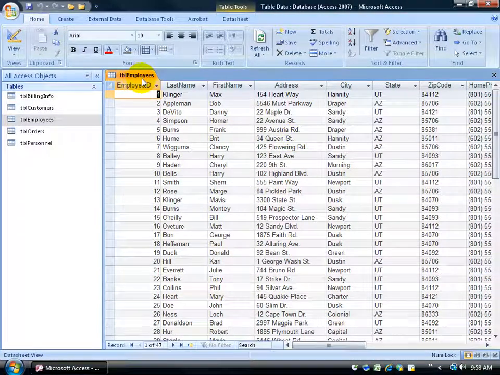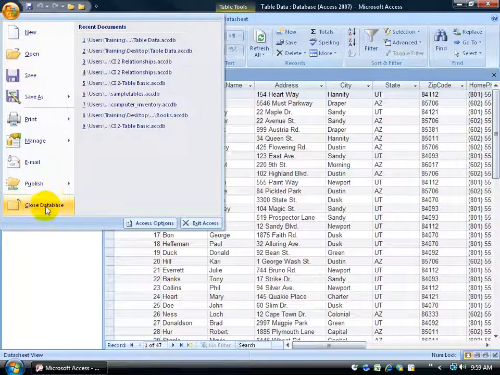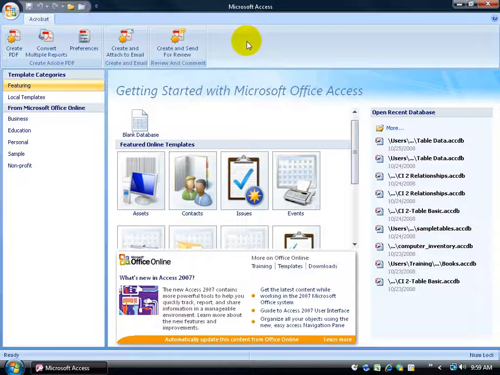I'm in the employees table right now in a new database. You can see up on the title bar it's the table data database. You know how to open and close databases, right? If I come up here and click on the Office logo button, come down and left click on Close Database, it leaves the shell of the program Microsoft Access open, but it closes the database itself, so I'm back to